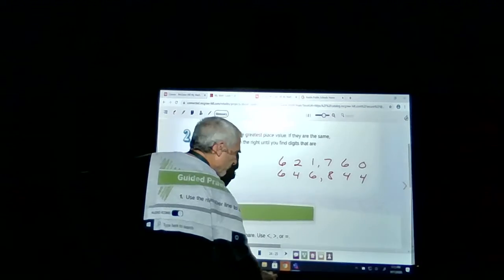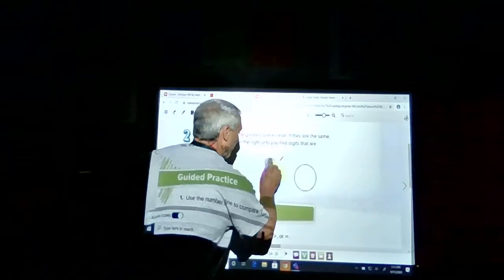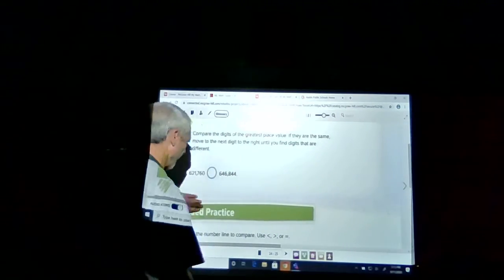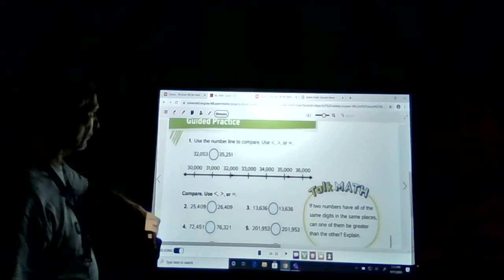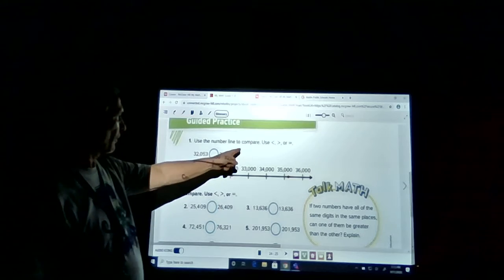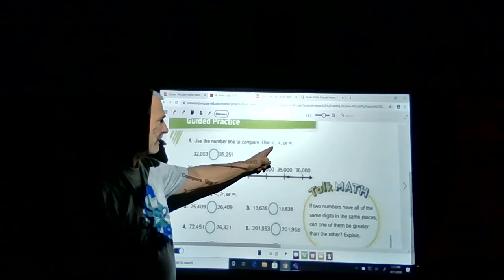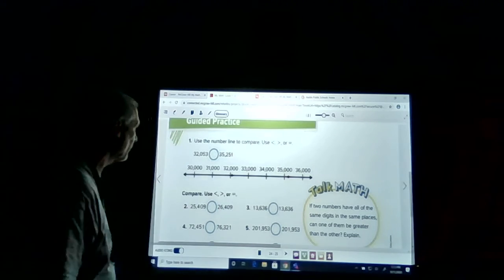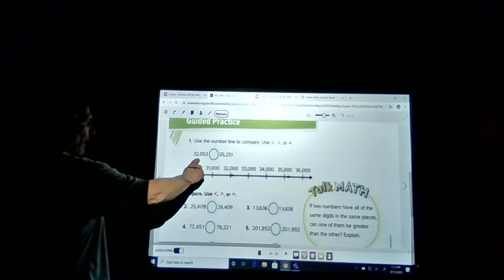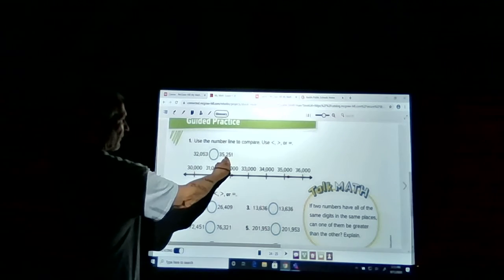Let's go to the guided practice. All right, guided practice. This time we'll use a number line, and we're going to compare. That means use less than, greater than, or equal to. 32,053. The left of the comma is